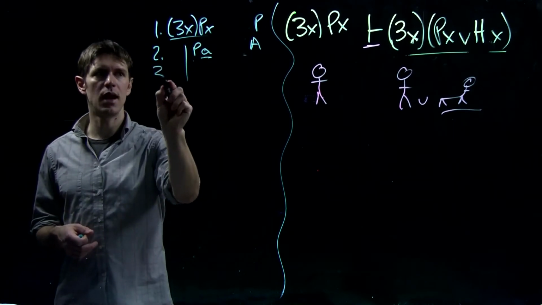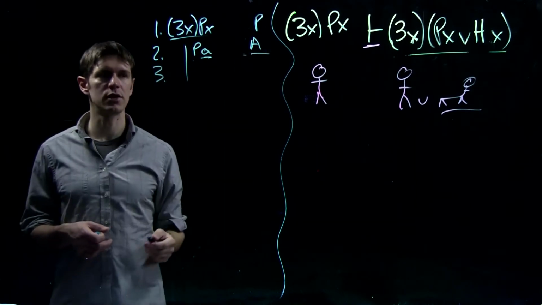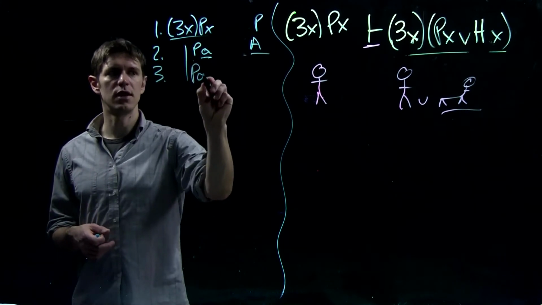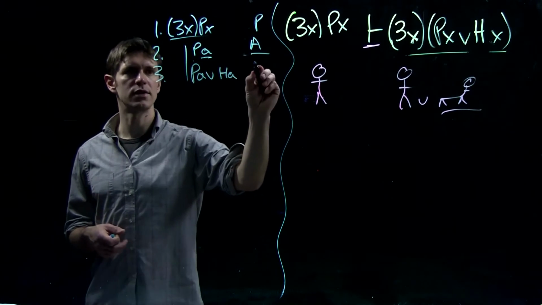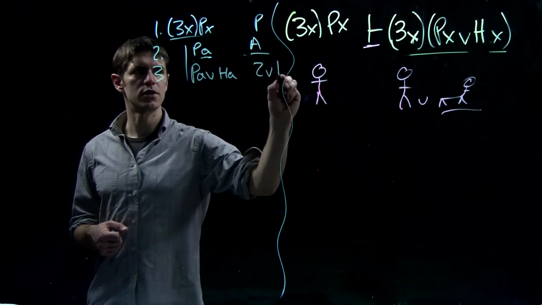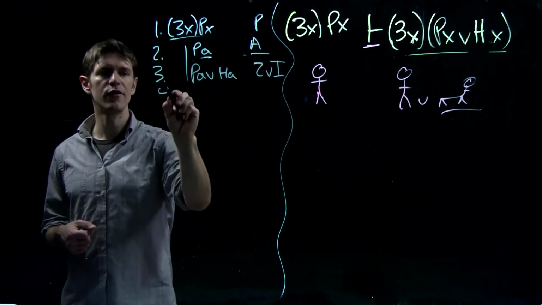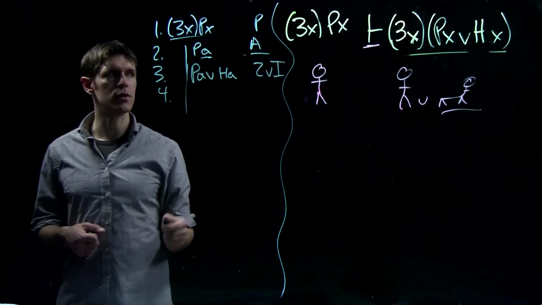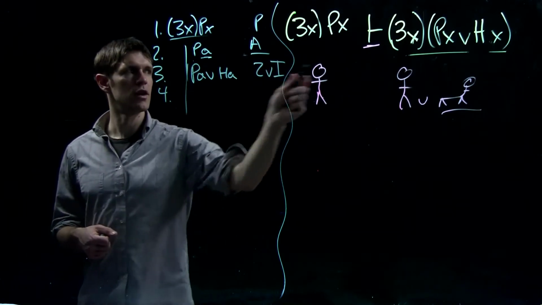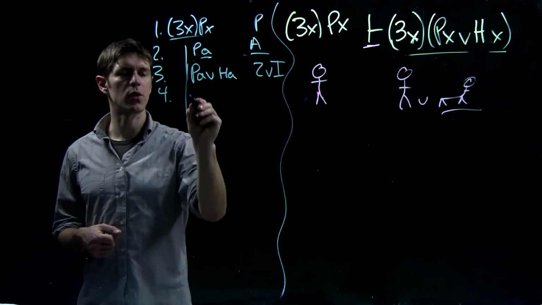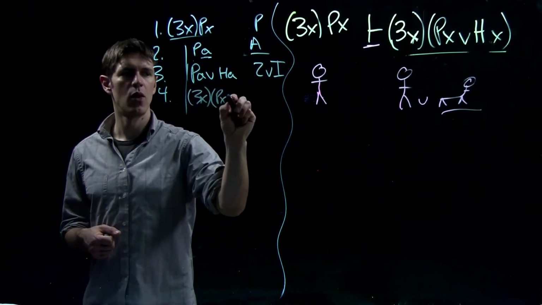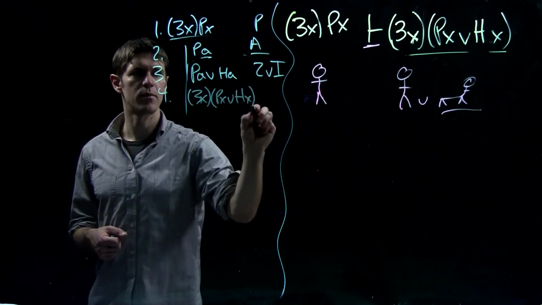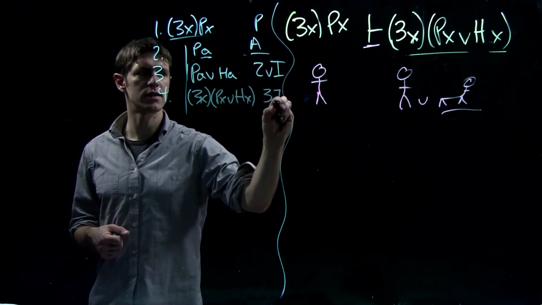So now that we have PA, which is assumed at line 2, we can use disjunction introduction to reason to PA or HA. So this is by 2 disjunction introduction. At line 4, we can now use existential introduction to form this EX, PX, or HX. So EX, PX, or HX by 3 existential